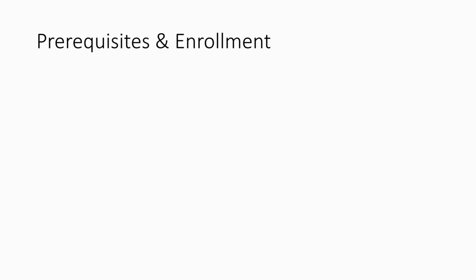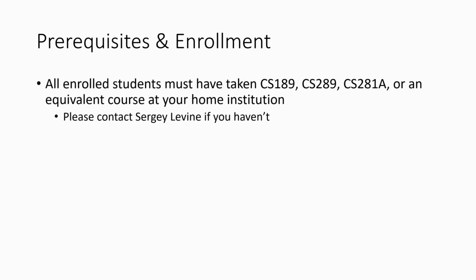Okay, prerequisites and enrollment. So this is a graduate level course. We do assume that you have substantial familiarity with machine learning topics. We don't teach basic machine learning in this course. We also don't teach basic deep learning. So we assume that you have met the prerequisite, which is a college-level machine learning course. So if you're a UC Berkeley student, this would be something like CS189, CS289, or CS281A, or an equivalent course